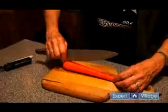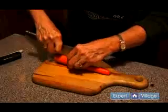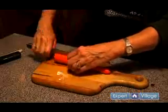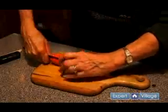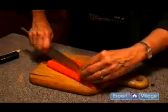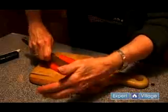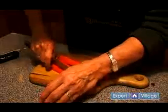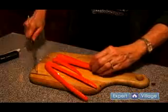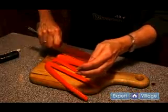You can cut them lengthwise like this, which I'll do. If they're very small, you can just cut them crosswise in pennies. But in order to have a little bit more uniform size, I'm going to cut these a couple of times in this way. Notice that now I'm using a regular wooden cutting board, which is really much easier for cutting